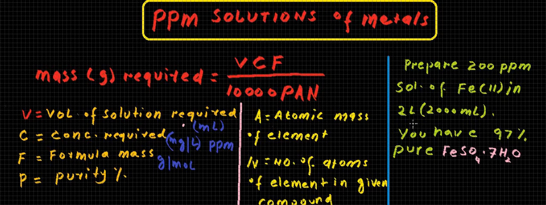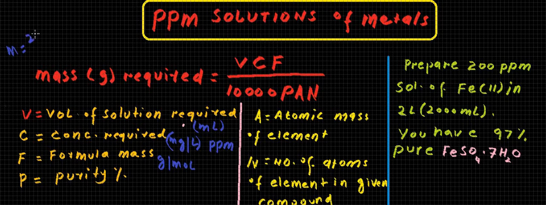For example, here the volume of the solution that is required in ml is 2000. So if we write it here, we have to calculate, say for example, mass in grams,